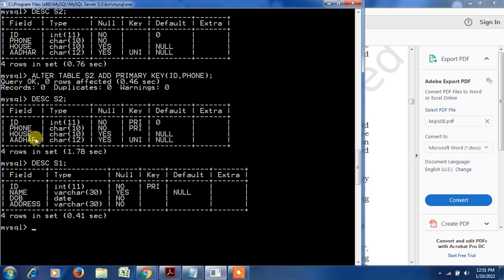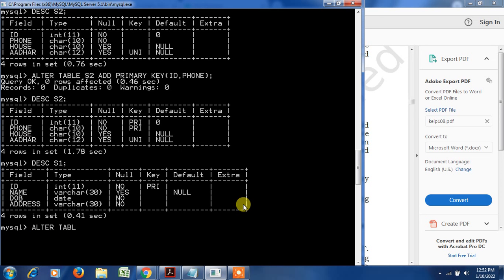So ID is there as a primary key. Now in S2, ID and phone is a composite primary key, and this ID I have to refer as the foreign key into the table S1.